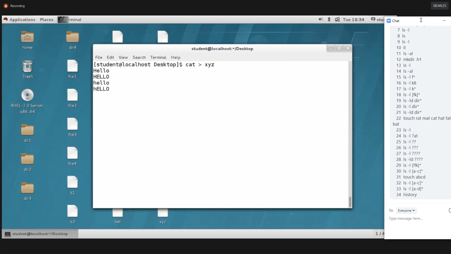See guys here, hello is a word. So we'll have the hello word in the xyz file. xyz is a file name. It contains the hello word in 4 cases, like uppercase and lowercase. Both the letters will have the same word, but we'll have some different cases here.